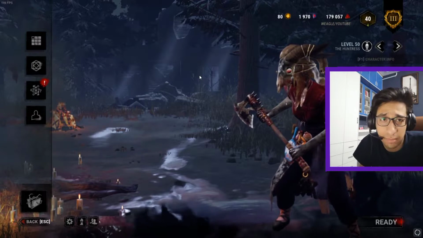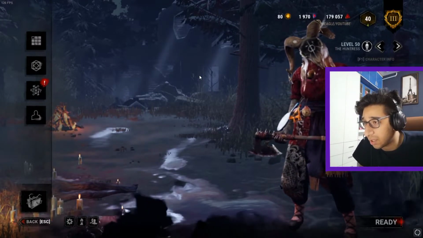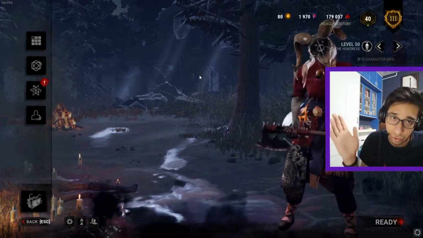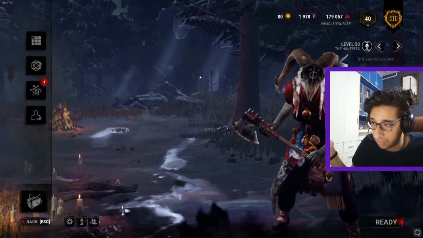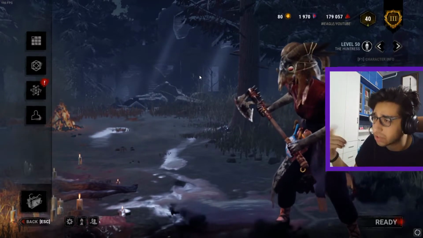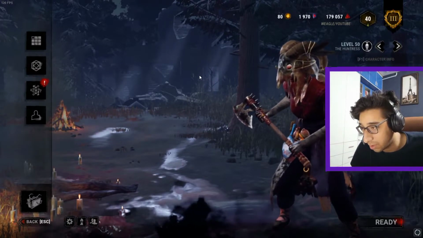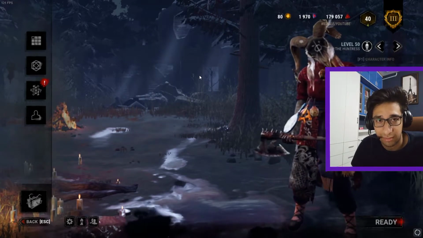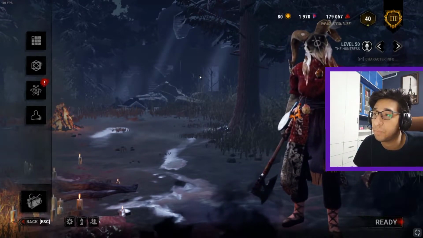We have Trapper, Billy, Wraith, Nurse, and Huntress. And by far, Huntress is the one in the middle because it's not super duper hard and it's not so, you know, dumb and useless. She's actually really reliable. Her power is really straightforward. It's basically just damaging survivors. That's it. So with Huntress, what you want to do